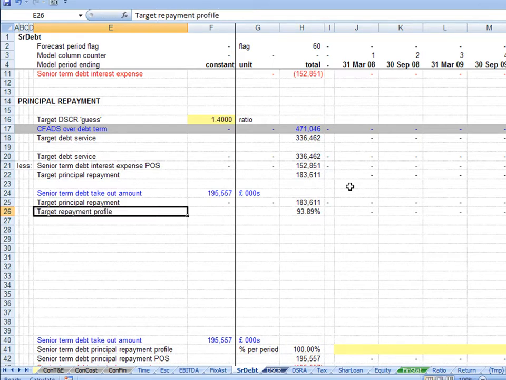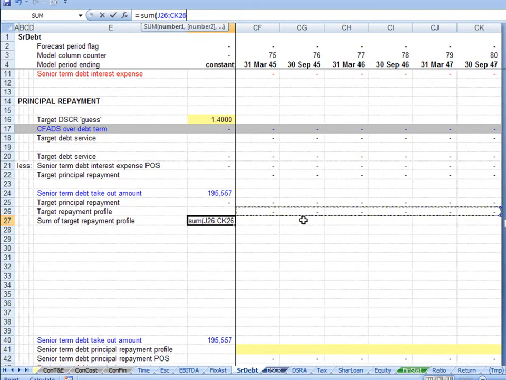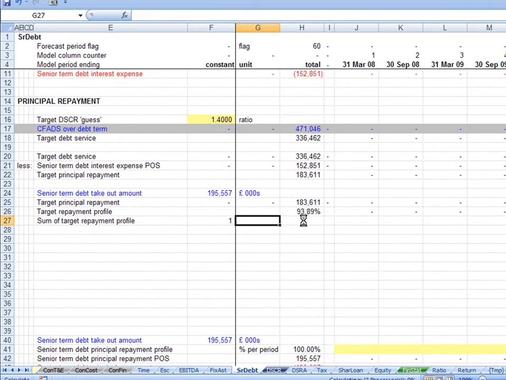And this sort of makes the point more strongly that this fellow here needs to be 100%. And we can focus ourselves on that by calculating the sum of the target repayment profile as a very explicit calculated constant here to focus ourselves on the fact we've got to get that to